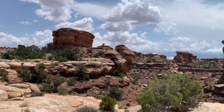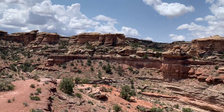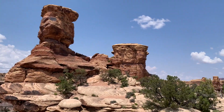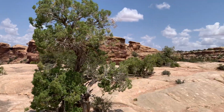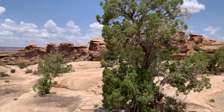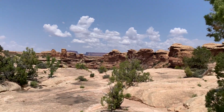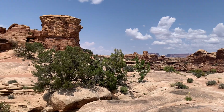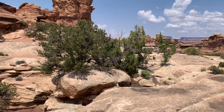Still in Utah's beautiful national parks. By the time we're done here in Moab, Utah, we'll have done all five Grand Circle parks in Utah: Zion National Park, Bryce Canyon National Park, Capitol Reef National Park, Canyonlands National Park, and Arches National Park. And then we went through Bears Ears National Monument to get to this place, which is the Needles area of